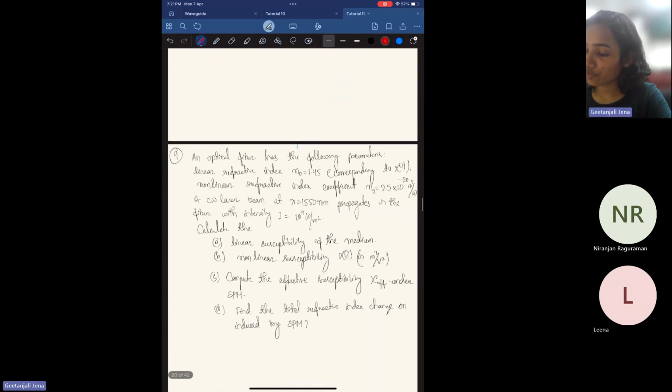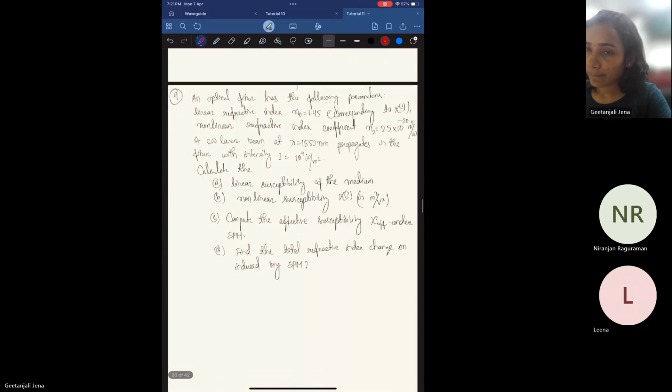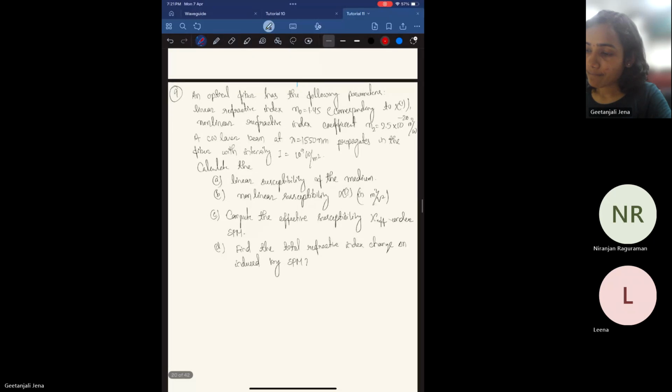Okay, so let us move to our next problem. It is based on the nonlinear refractive index change. What is the susceptibility? Let me read out the question first. There is one optical fiber with the following parameters: the linear refractive index, which is n0 with no nonlinearity,